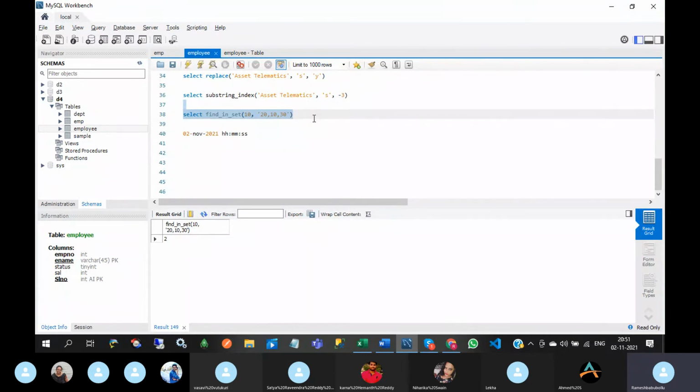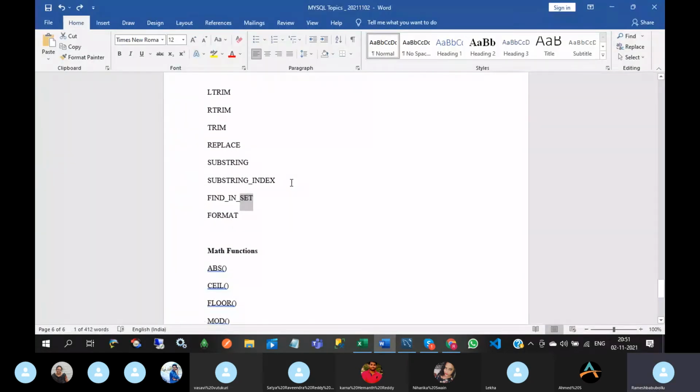Find a string within a comma-separated list of strings. It will return the position number. So 10 occurs in the second position of the string. It will return that, but it should be comma-separated values only.